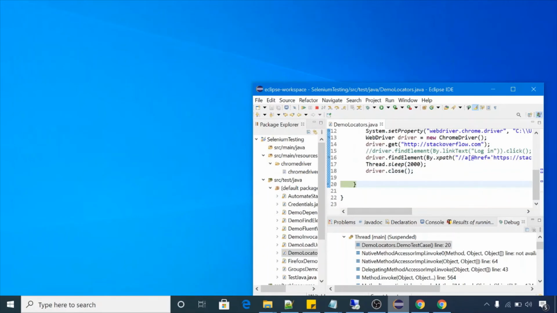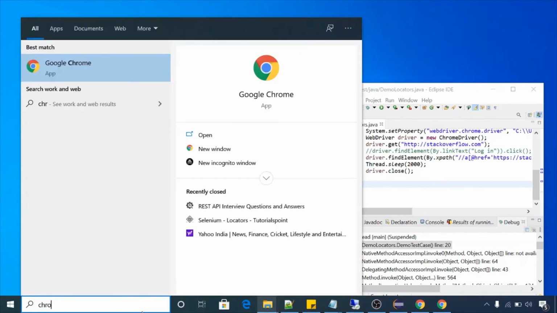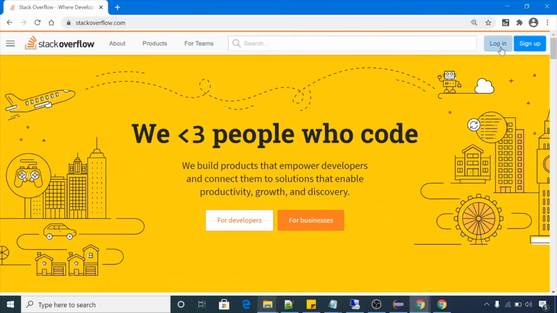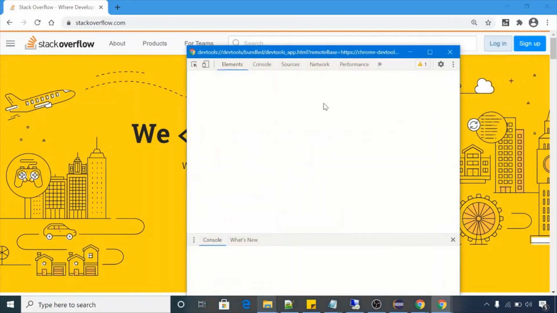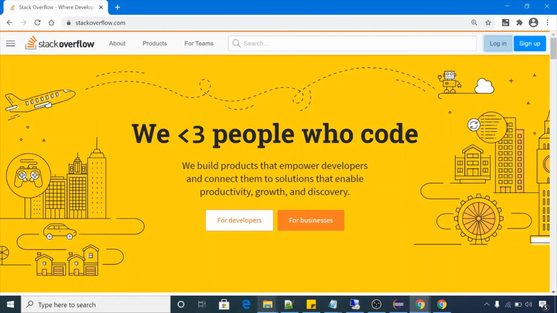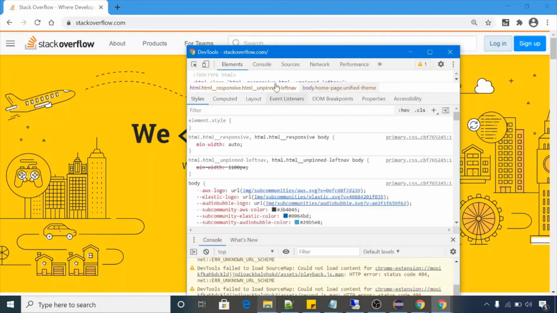So in this way you can find the locators on the Chrome browser. You can find ID, you can find link text, you can use the developer tool to verify the XPath. Yeah, I can tell you one more thing, how to open this developer tool. Let's suppose you are on stackoverflow.com. Now there are two options. You can right click on this element and click on inspect. So this is called developer tools, or dev tools, for the Chrome browser. The second option is you can just press F12 anywhere on this page. F12, it will launch the dev tools.